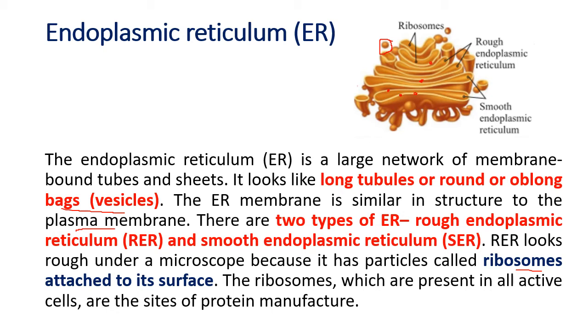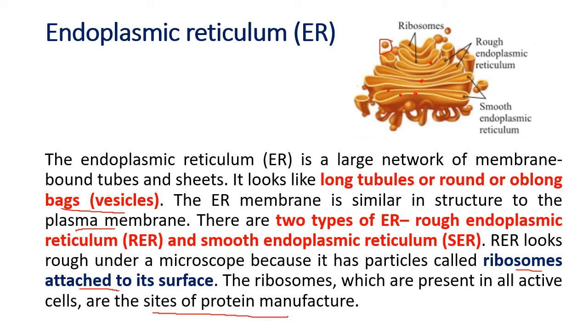So endoplasmic reticulum is one cell component and ribosome is the other one. Ribosomes are found in the cell in two ways. Either they are free in the cytoplasm, meaning you can find them anywhere, or they are attached to the surface of the endoplasmic reticulum. So ribosomes are of two types, free and attached. But wherever ribosomes are, what is their main function? They are the sites of protein manufacture. Ribosomes manufacture protein.